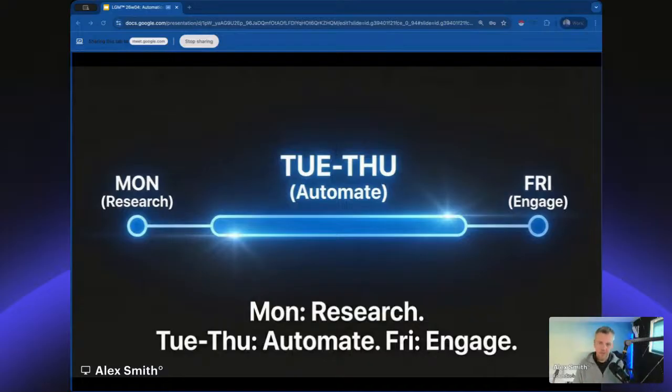By Monday afternoon, you can start researching the targets. You can find the strong personalization variables if you're doing it manually, or you can build a campaign that will go and find them on their profile. Then Tuesday to Thursday, this is where you go for it. You're sending those 15 to 20 connection requests every single day using the automation. Each one has been personalized with the variables that you've researched.